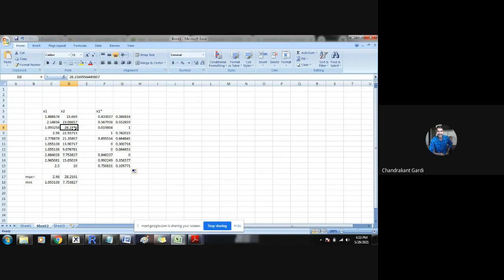Here this is the maximum value, corresponding to it we have got 1. In this particular column, this 7.75 is the minimum value, corresponding to it we have got 0. So now this data x2 and x2 star is measured on the same scale. This is having a range from 0 to 1, this is also having a range from 0 to 1. Suppose there are two observations having a difference on the x1 star variable, say 0.1, and here also there are two observations whose difference on x2 star is 0.1. Now these are equal, we can say they are comparable.